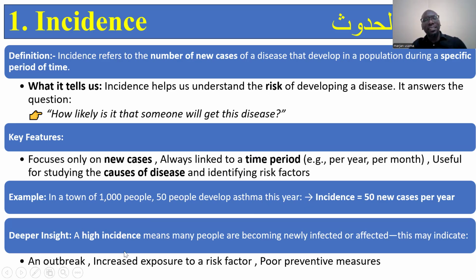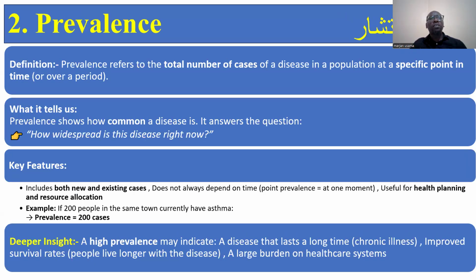Now, a high incidence means many people are becoming newly infected or affected. And this may indicate an outbreak, increased exposure to a risk factor, or poor preventive measures. So this is the definition of incidence. It focuses on the number of new cases at a given period of time. The higher the incidence, it basically means there is an outbreak or increased exposure to a risk factor. Then secondly,